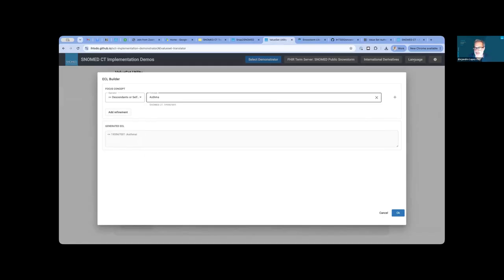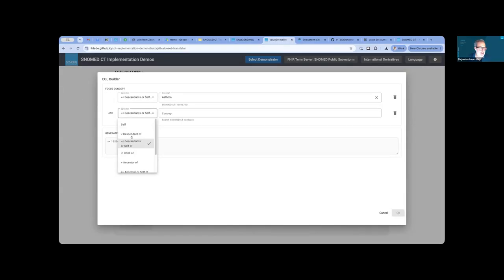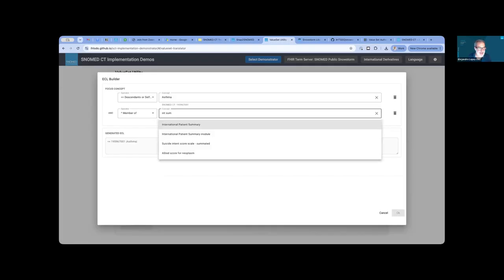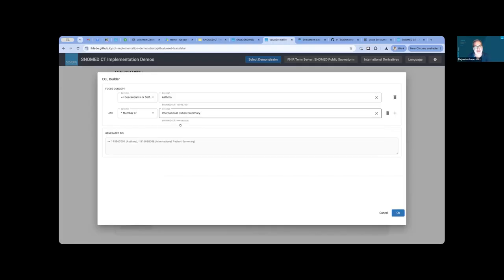and then you can add a second clause to this query and say, let's do an AND, concept is a member of the international patient summary. The international patient summary is a refset, a value set that contains the more relevant concepts for the international patient summary creation.